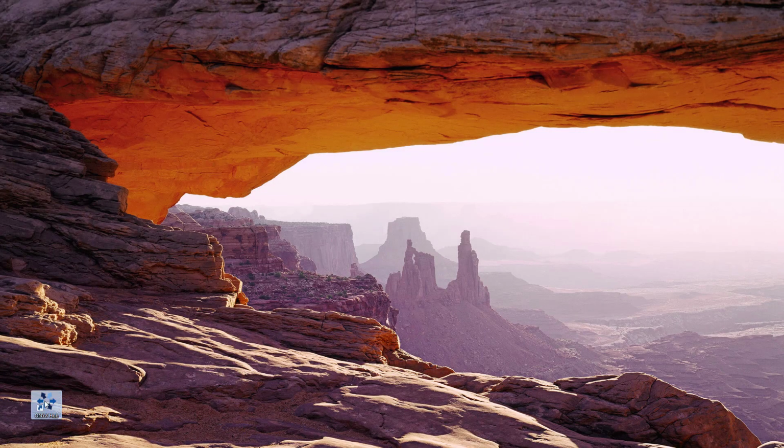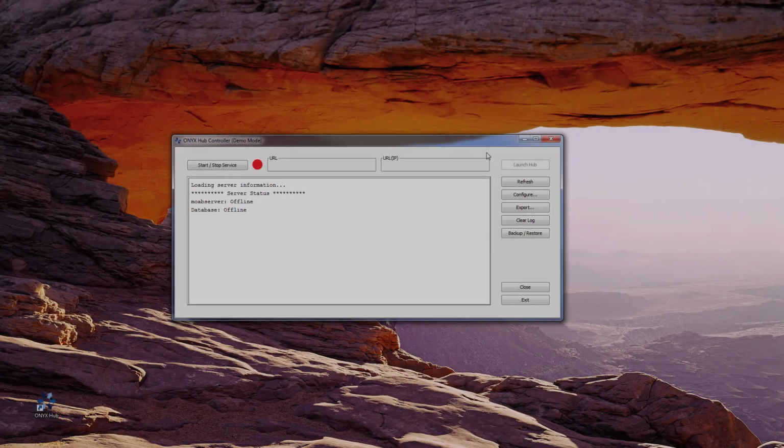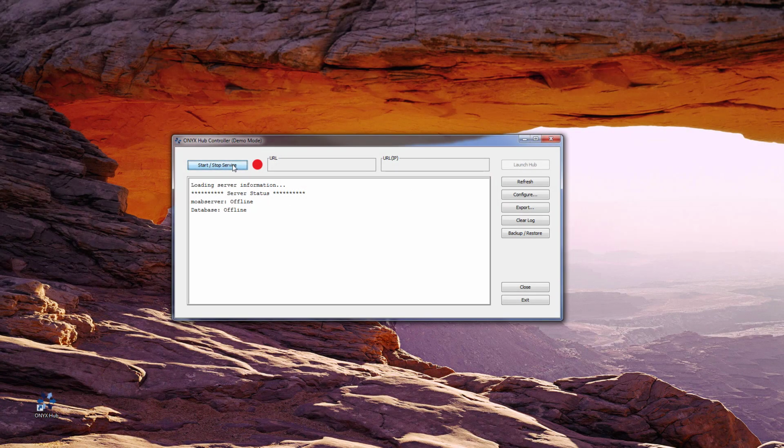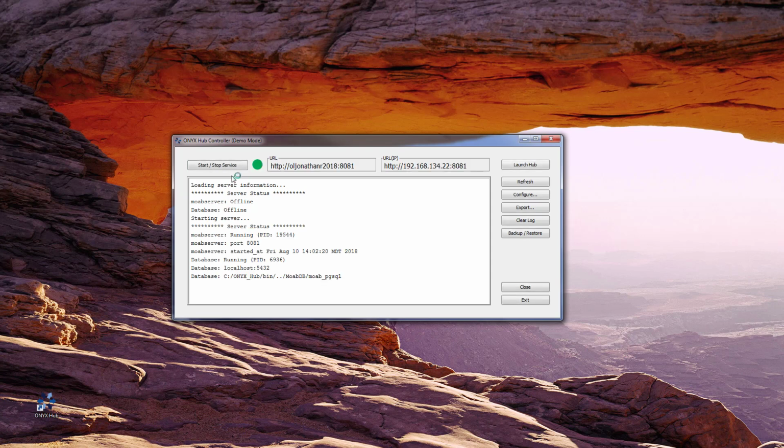After first downloading and installing Onyx Hub, you'll see the Hub icon appear on your desktop. Let's go ahead and launch Onyx Hub by double-clicking the icon. The first window that will pop up is the Onyx Hub controller. Within this window, you'll see your server status, URL, and your IP address with the functionality of starting or stopping